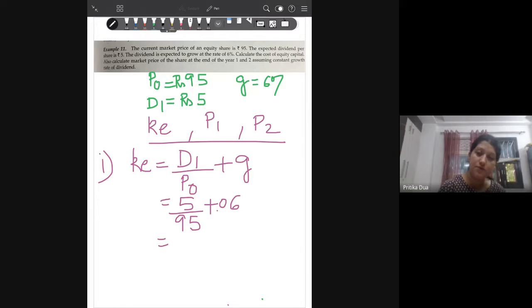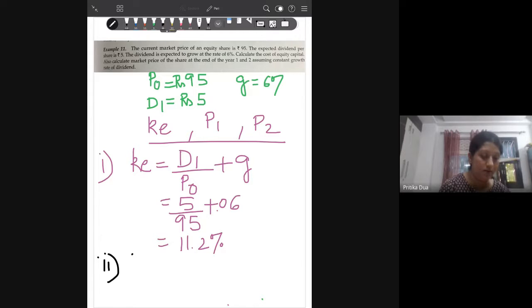Okay, so this comes to 11.2%. So the cost of equity is 0.112 or 11.2%. For the second part of the question, we use the formula for calculating price under constant growth model, which